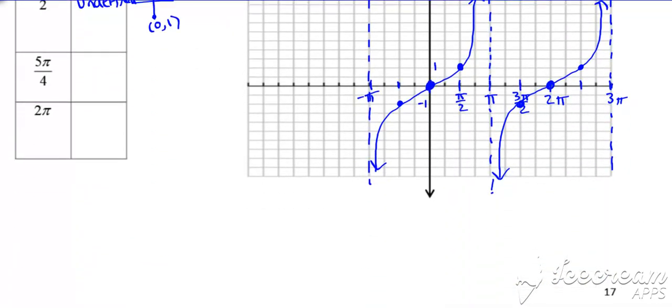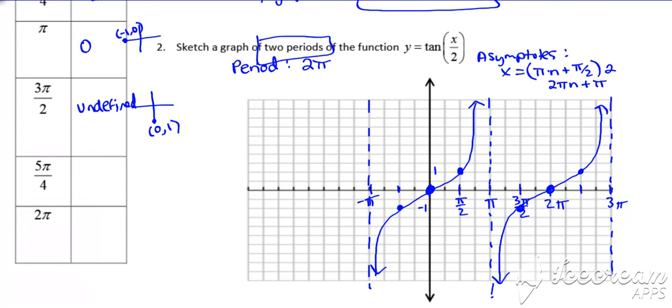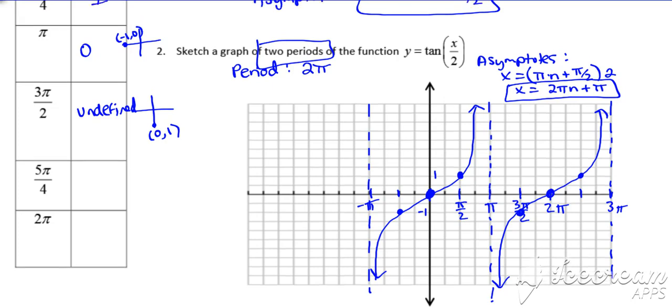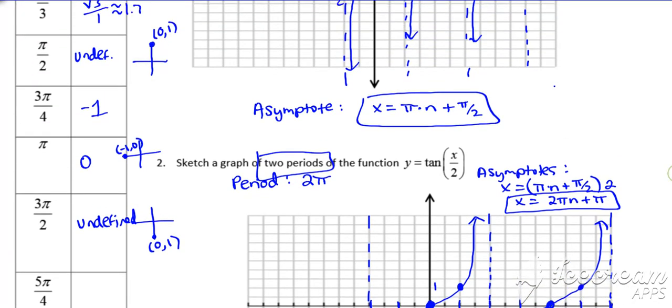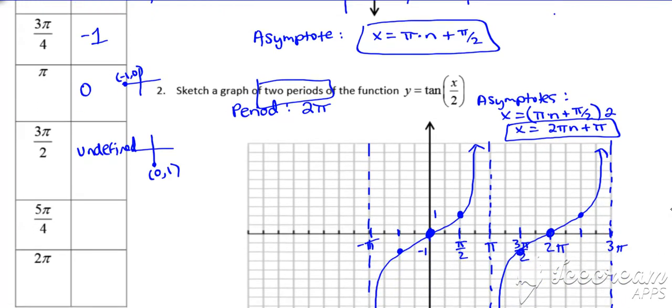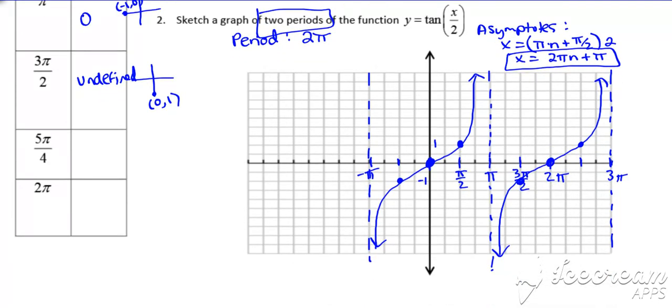Okay? So we're going to look at what a cotangent graph is. And what's really nice about the cotangent graph is that it's very similar to the tangent, but remember it's the reciprocal of tangent. So if you think about the reciprocal of 1, it's going to be 1, and -1 is going to be -1. But then you also have other values you have to consider, right? So you have 1.7 or √3. Your reciprocal of that is going to be 1 over √3, which is a smaller number. So the cotangent graph is actually going to be like a flipped version of the tangent graph. And we'll take a look at what that